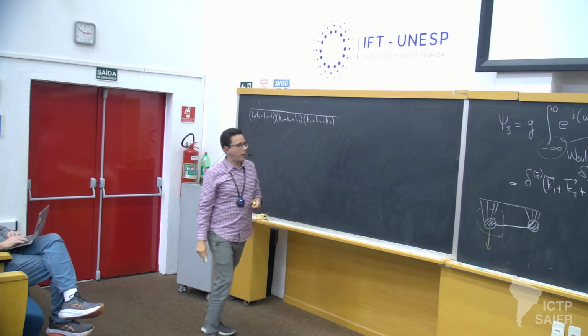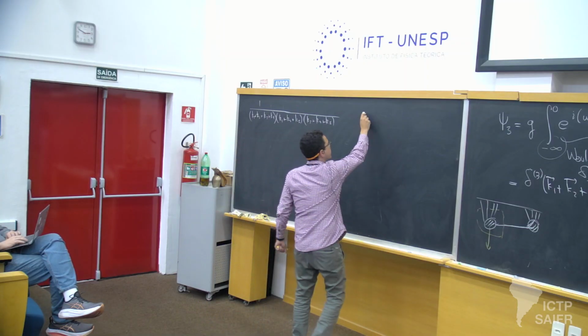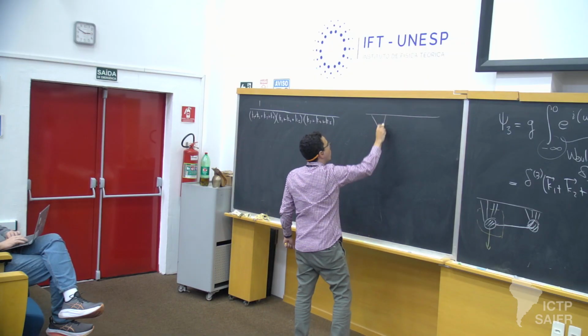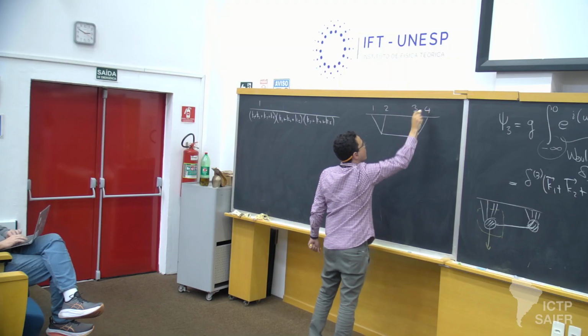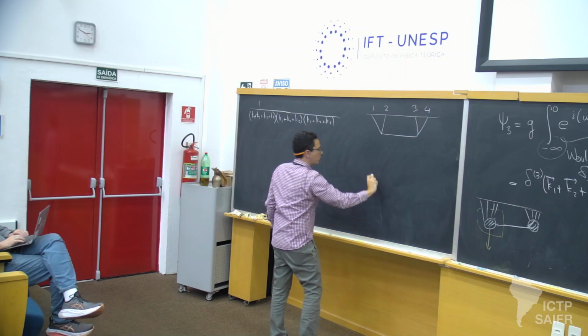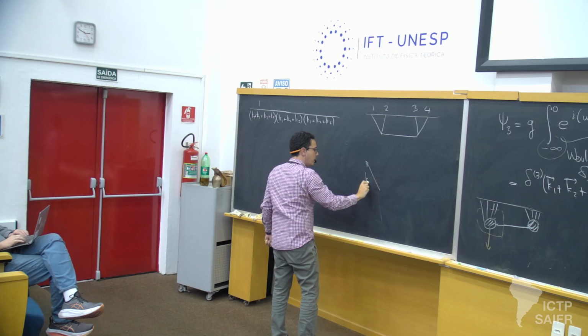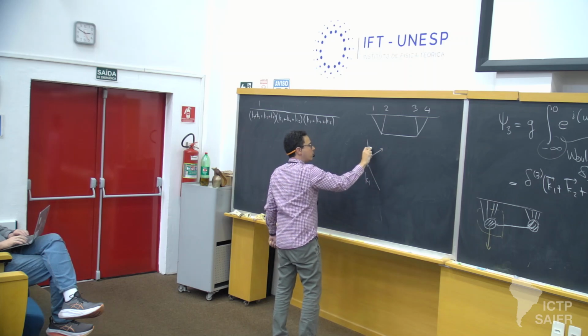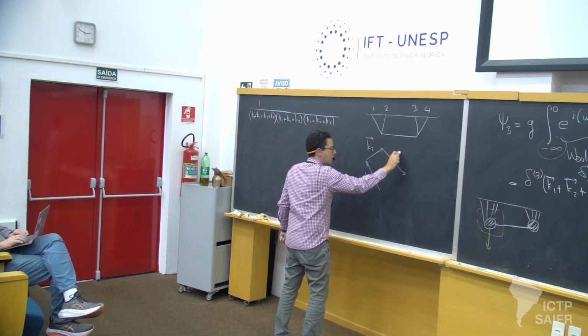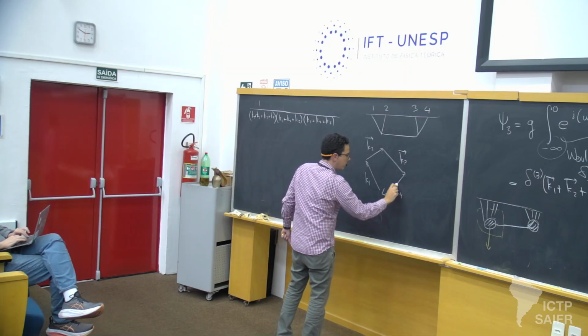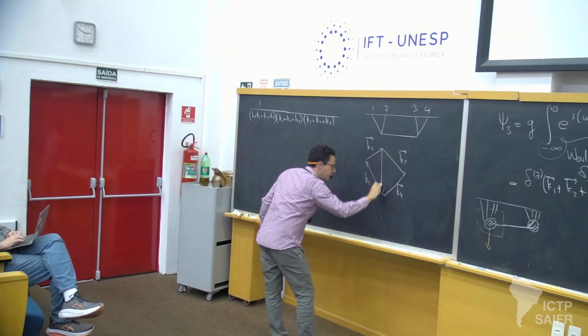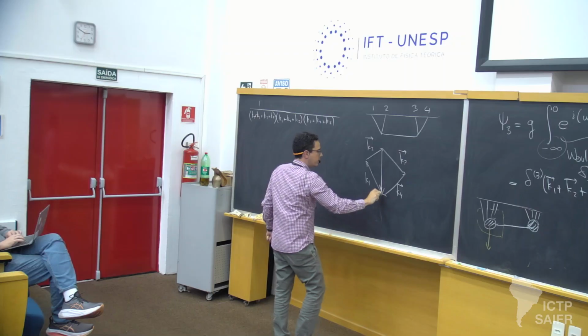And now what we can do is, this is an S-channel diagram, 1, 2, 3, 4. We can go to kinematic space, so there are the momenta k1, k2, k3, k4. k intermediate is here, k1 plus k2. It's k intermediate,